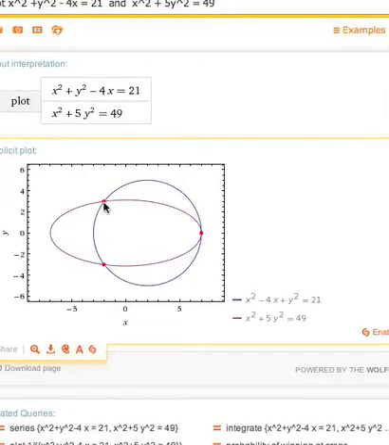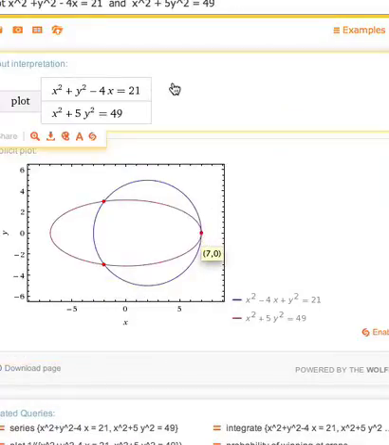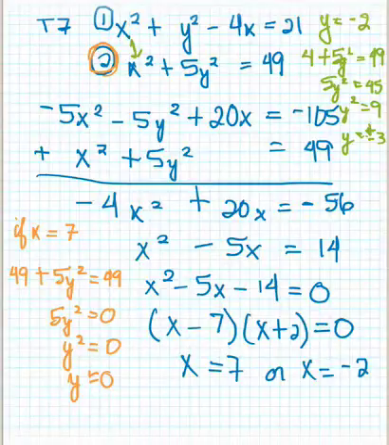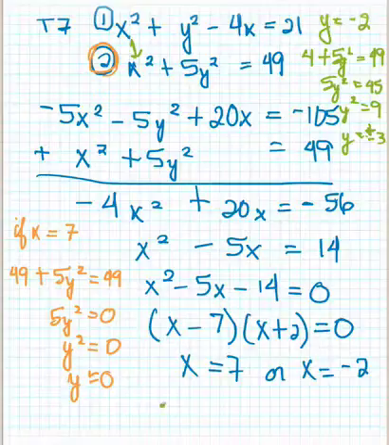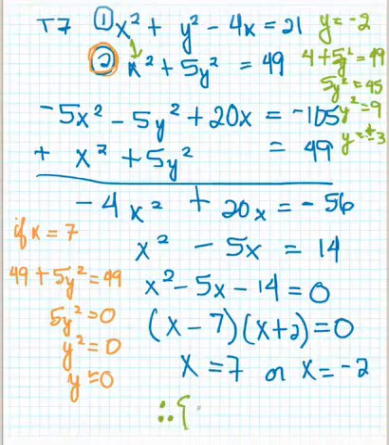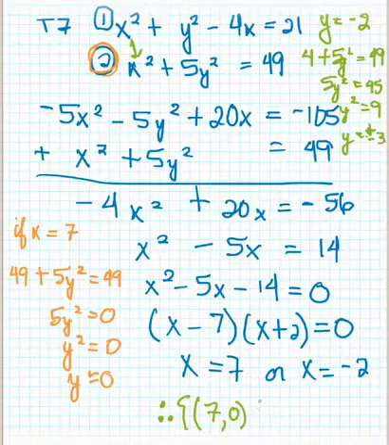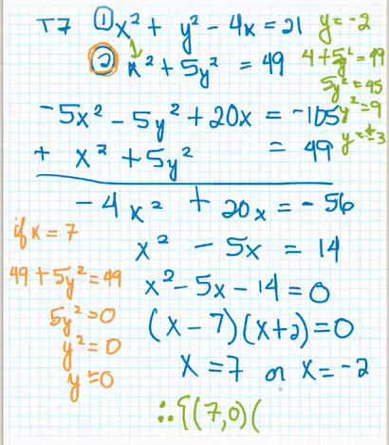See? Now look, if I hover right here, there's one of my points, -2, 3. There's the other point, -2, -3, and here's the point, 7, 0. So there it is in Wolfram Alpha. And then I should always write the solution set down over here too. So just the final answer down over here, the 3 points. The solution set is, when x is 7, y is 0. That's the one point that was by itself over there. And then here's the other one when x is,